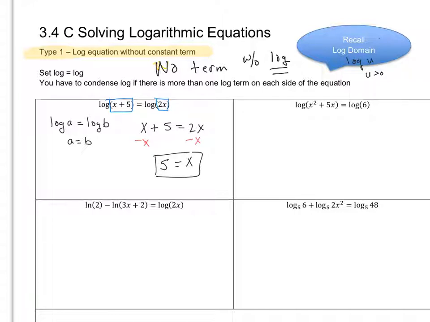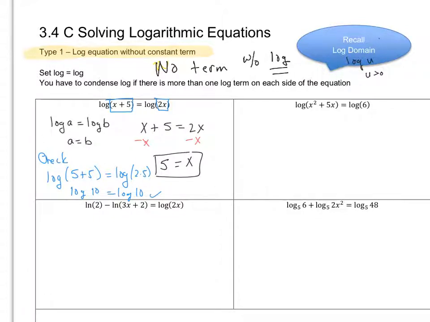The check for this: if I plug this back inside here, does the log of 5 plus 5 equal the log of 2 times 5? And yes, log of 10 is equal to log of 10. So coming over here